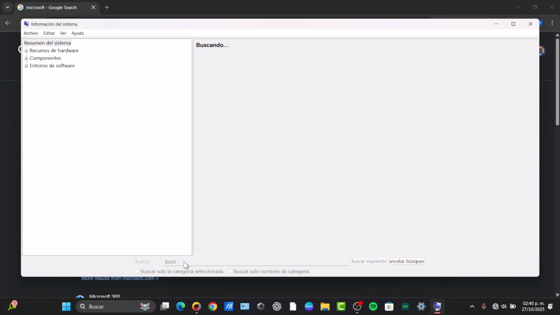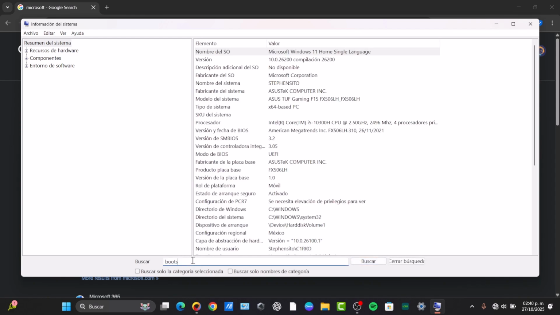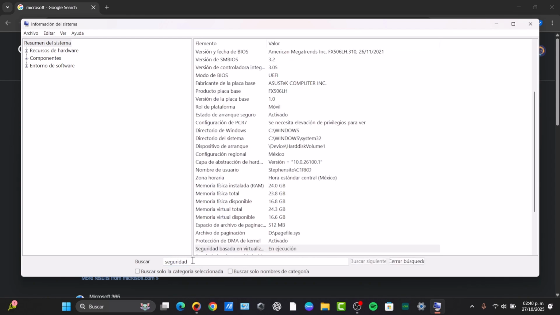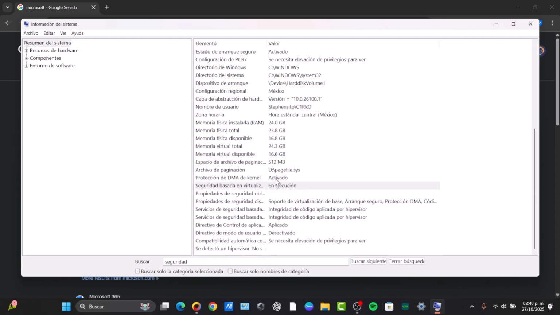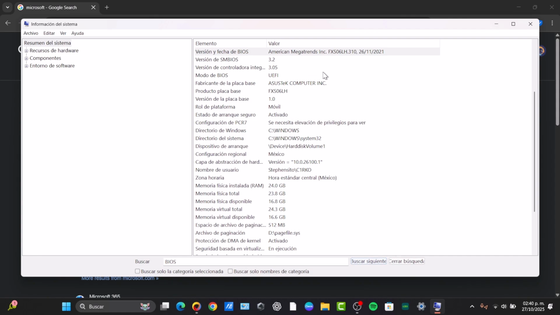This process won't take so long, so I want to make sure that I have entered the right information. There we go, which in this case here it is. Now also check the BIOS mode. If you click into this element, click on the option that says BIOS, and as you can see, it must say